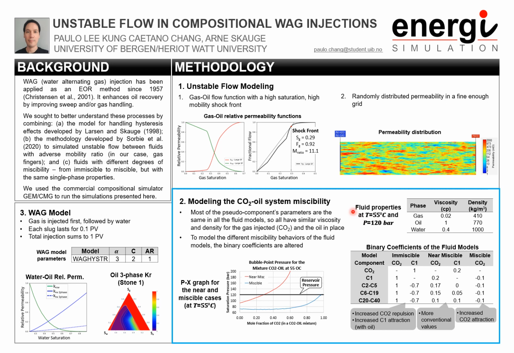To achieve that, we set most of the PVT parameters for all fluid models the same, while changing the binary coefficients between the CO2, which makes up the gas phase, and the other hydrocarbon pseudocomponents, which make the oil phase. For example, in the immiscible case, we use very high values for the binary coefficient so as to increase CO2 repulsion between it and the other oil components, doing so raising the minimum miscibility pressure of the system,